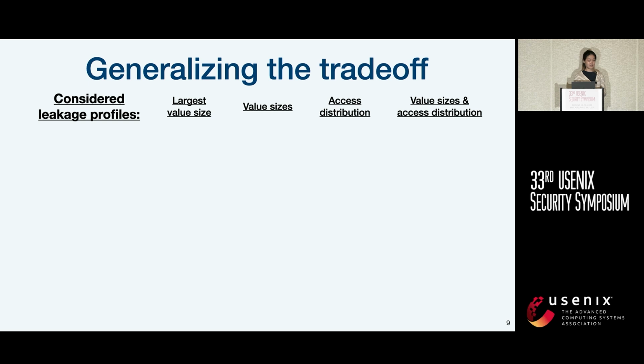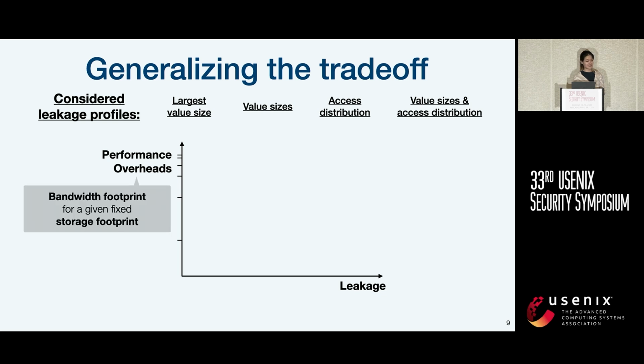We consider the following leakage profiles, which we chose as extremes in the space of leaking access distribution and value sizes. We view the trade-off space with leakage on one axis and performance overheads on the other, where performance is defined as a scheme's bandwidth footprint given a fixed storage footprint. While we can parameterize this in other ways, we focus on bandwidth as it's usually the scarcer resource in the